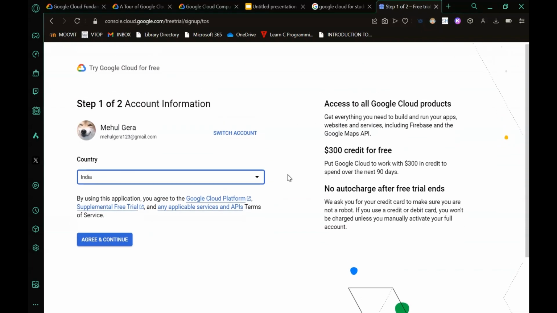Once you make your account, you will be able to access all the free labs and courses which are ready made by Google Cloud, and that's how we'll be able to access the Cloud Console to continue this course.